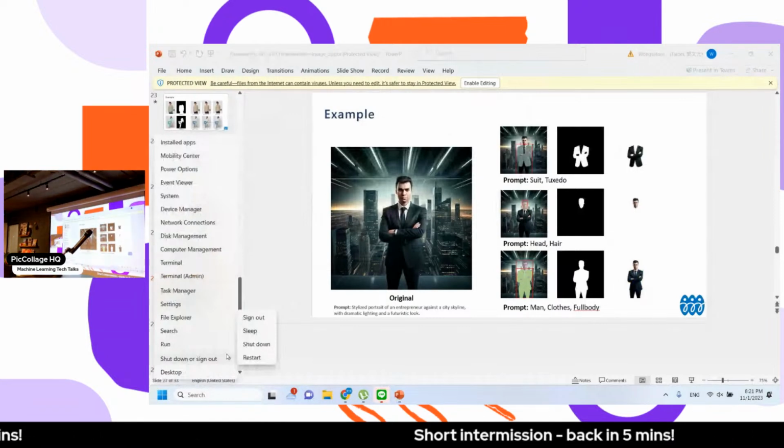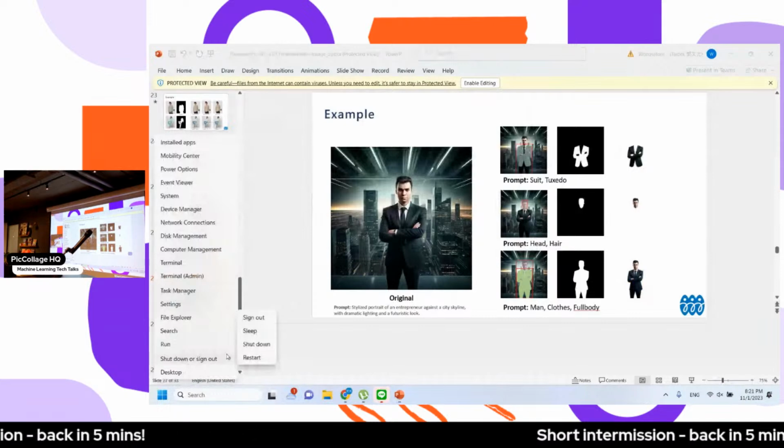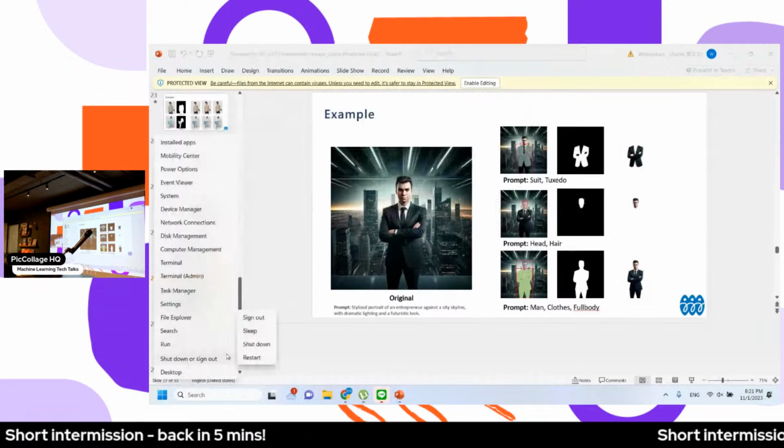Are you actually using this for changing the training model to clothes? Yes, actually, I just used this one from online. I took the photo from